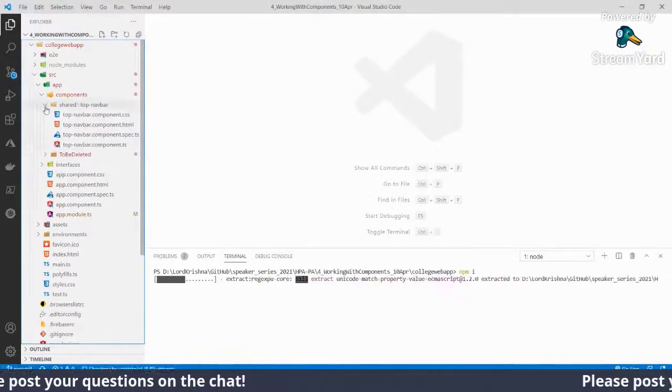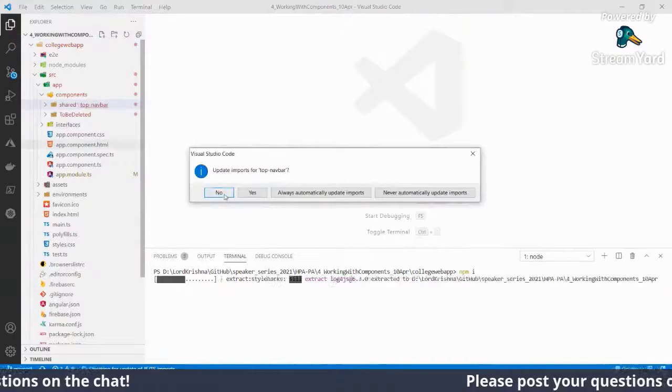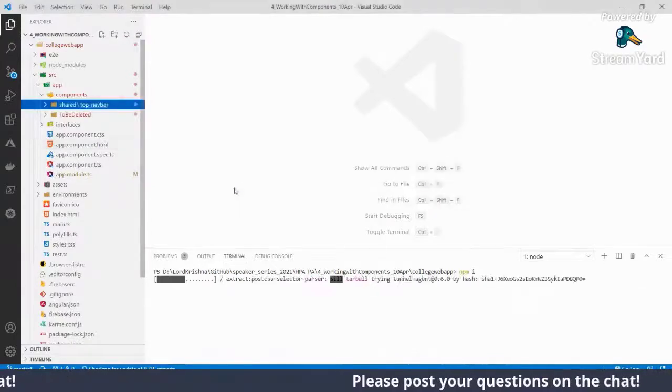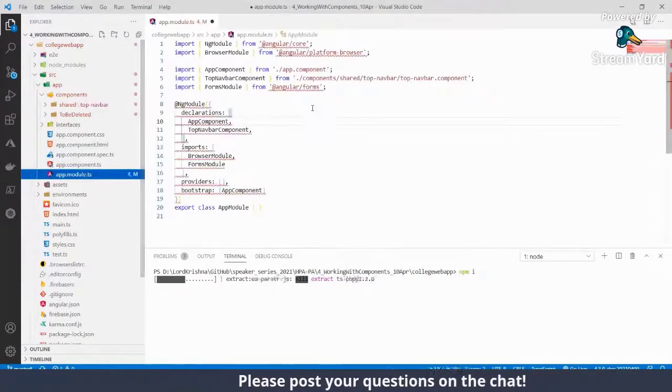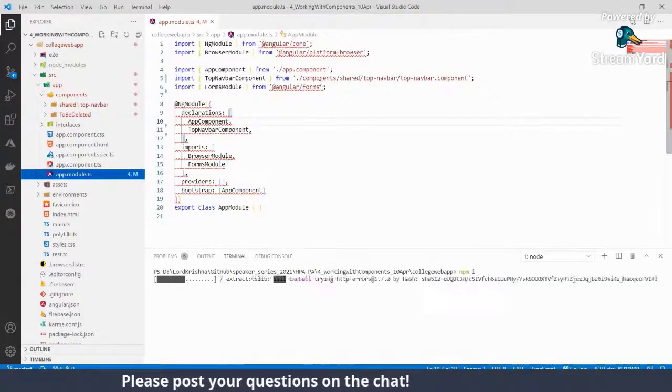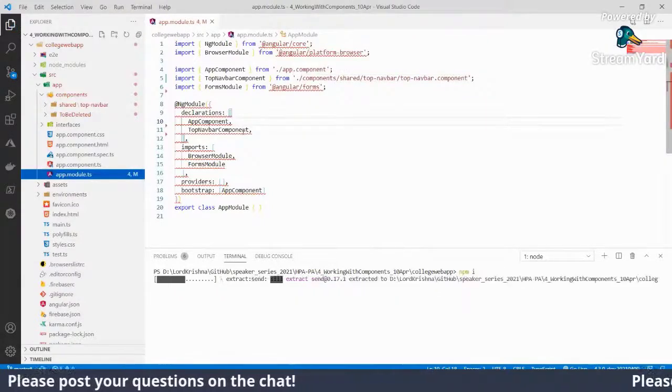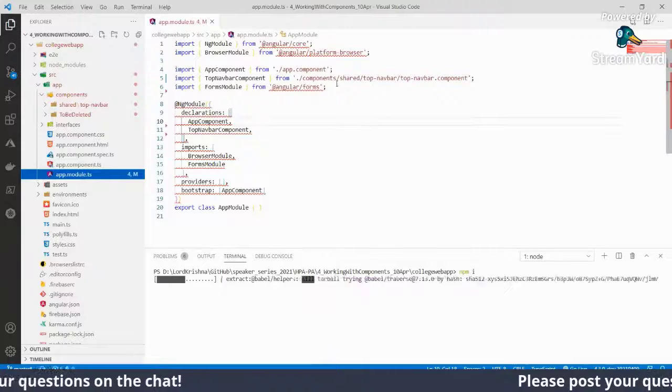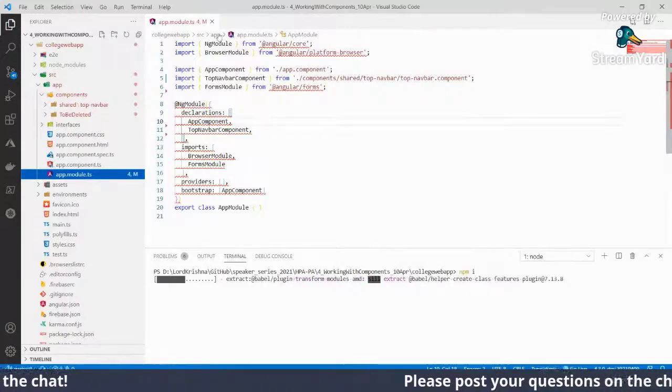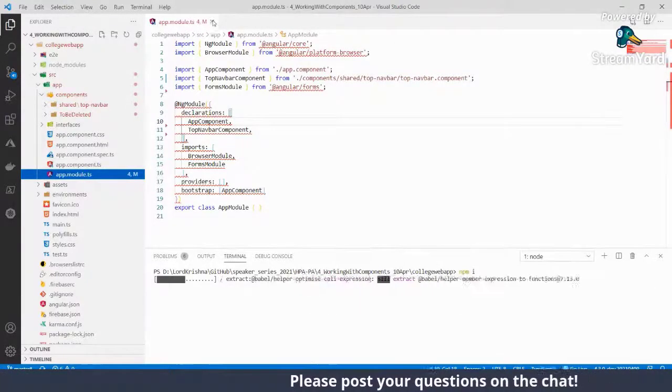Okay, and then we'll fix the app module. If I come in here, that should fix the top navbar component. It should come from shared. So that is being done.